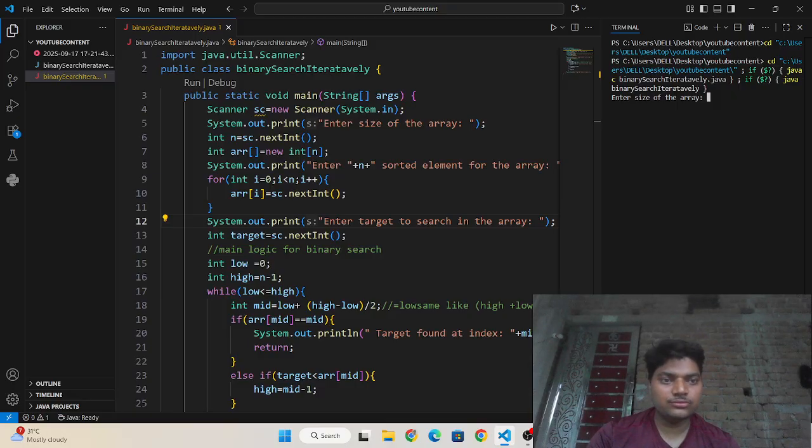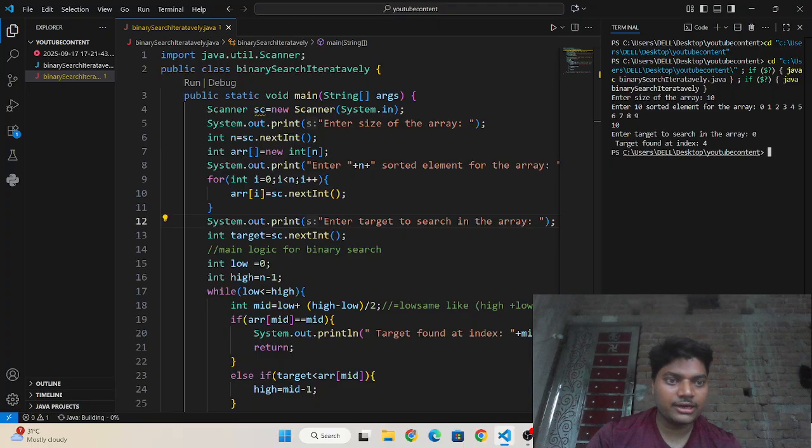So I need to enter here size of the array. I'm entering 10. Enter 10 sorted elements for the array. I'm entering 0 1 2 3 4 5 6 7 8 9. Enter target to search in the array. So I am entering 0. Target found at index 4.